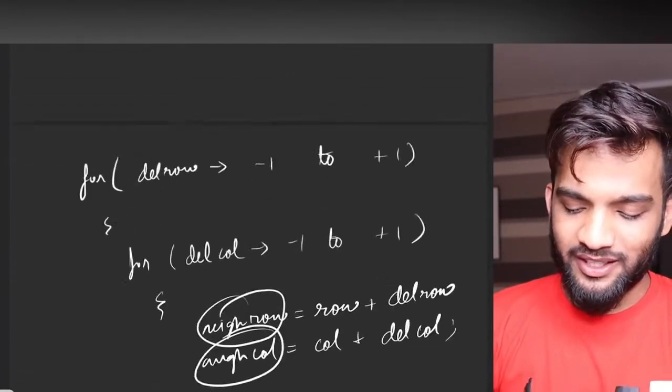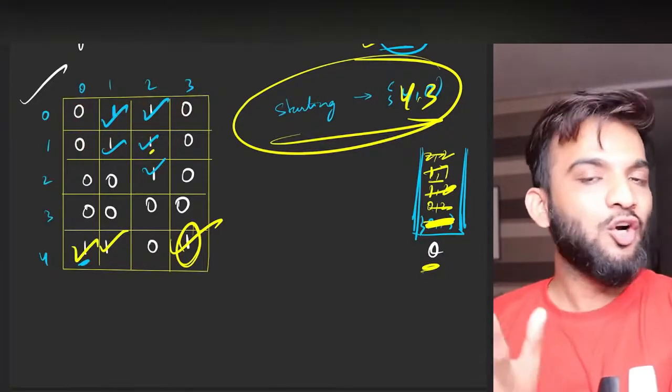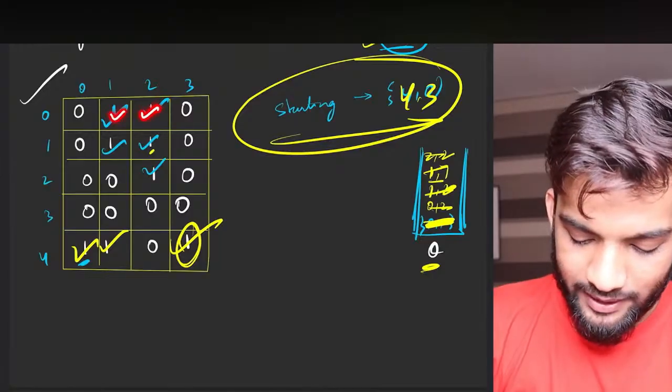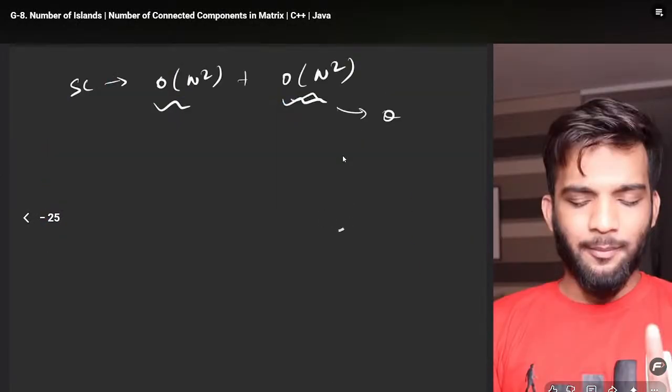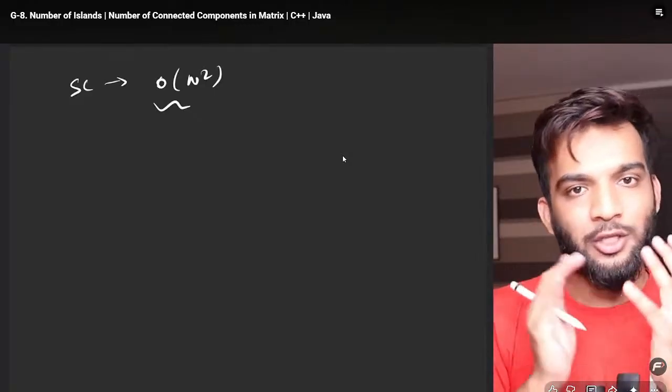It is not possible that everyone is 1 and you call BFS for everyone. That's not going to happen, right? So in total, you call BFS once, twice, thrice. You create a separate array, that doesn't matter, but you're using big O of n squared